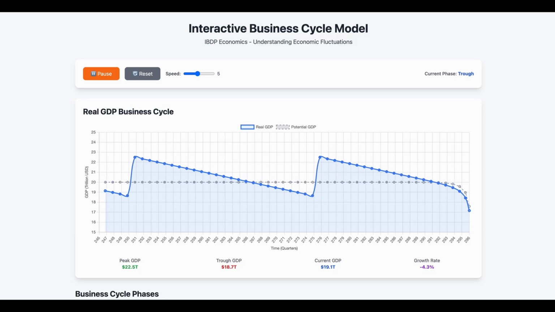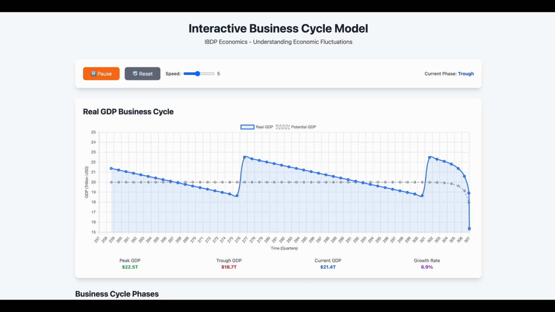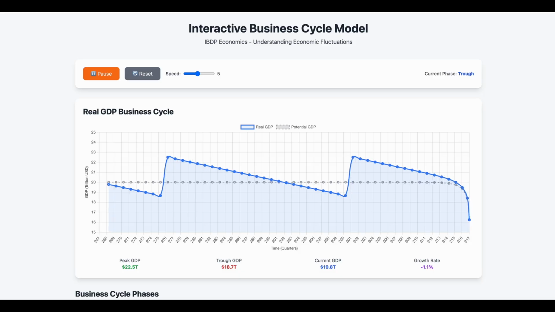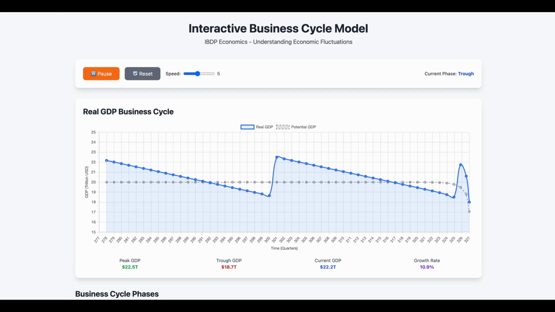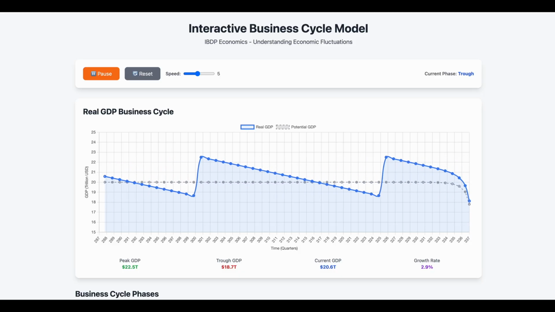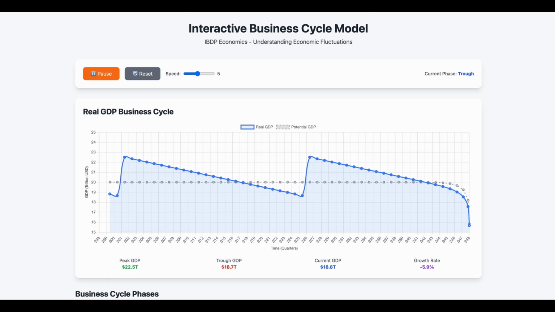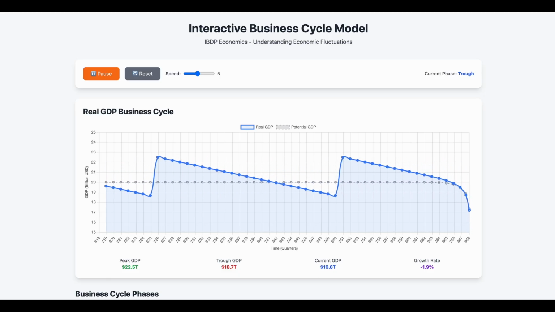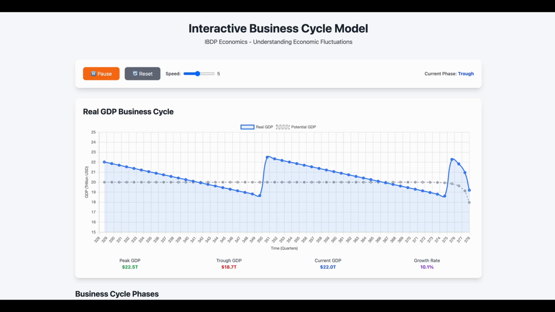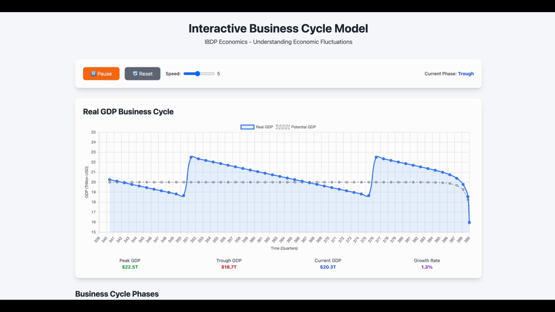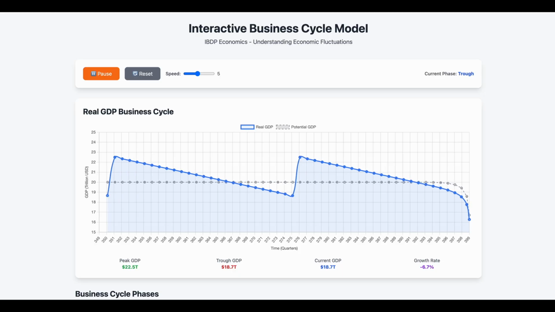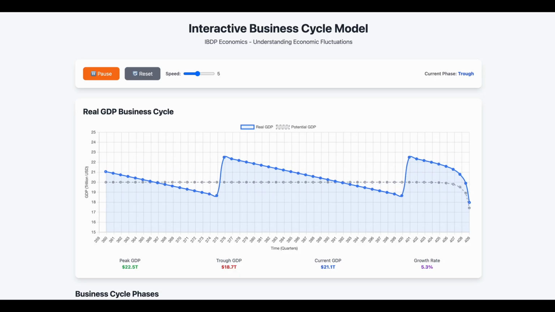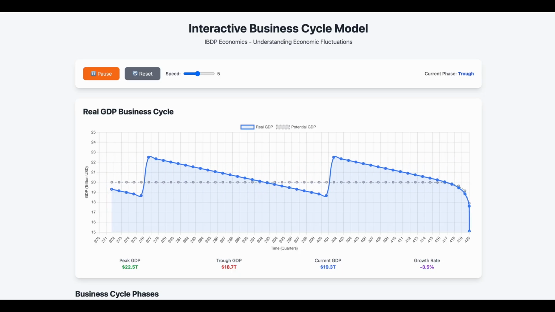Every economy grows, and then suddenly crashes. Booms, recessions, recoveries. This pattern repeats in every economy. No matter how strong it looks, GDP rises, jobs increase, confidence grows, and then suddenly growth slows down. So, what causes this rise and fall? Why doesn't GDP grow forever?